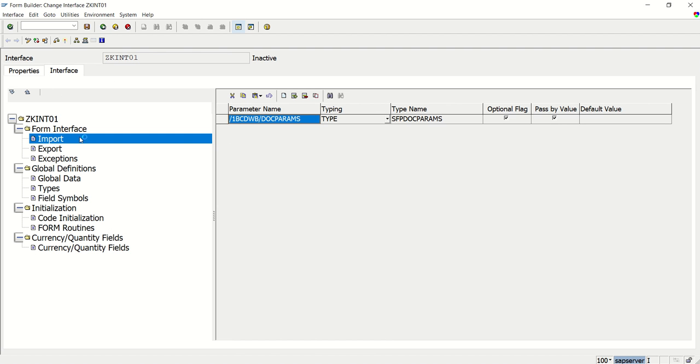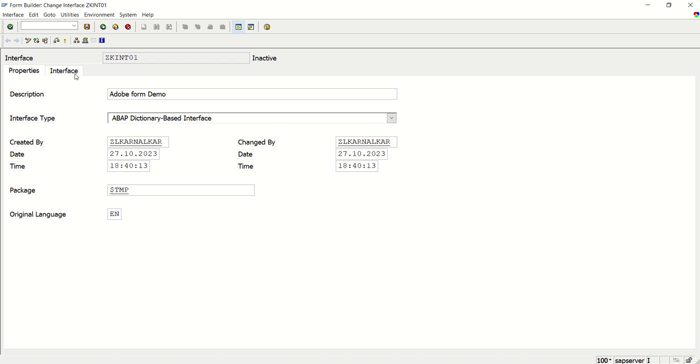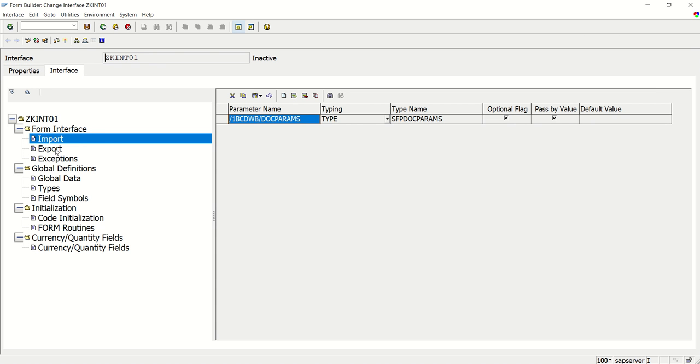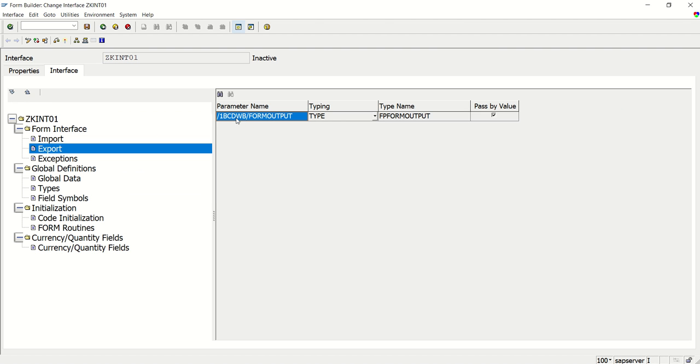Based on the interface type we have selected in this property, here we can see the importing and the exporting parameters. So in the import section of the interface, by default we can see one parameter, and the same in the export. So this depends on the interface type which we have selected. Apart from importing and exporting parameters, here we can do all our global data declaration, type declaration, form routines, and all code we can write here in the code initialization block,